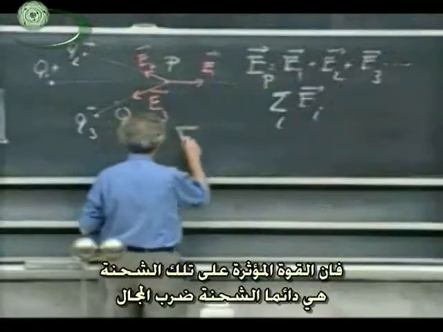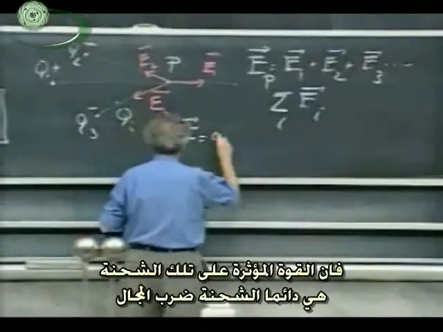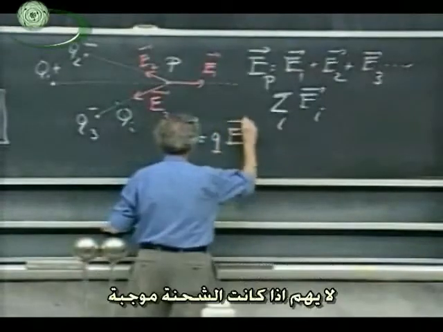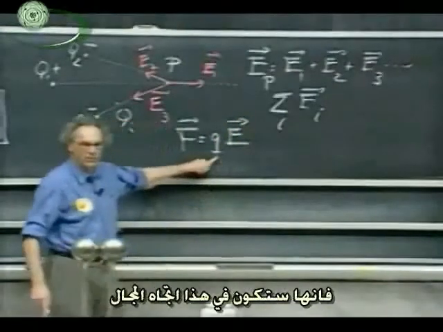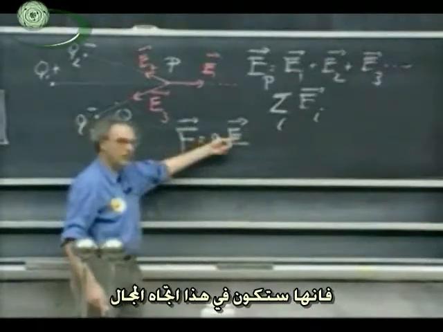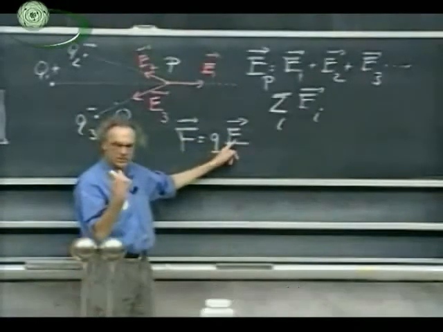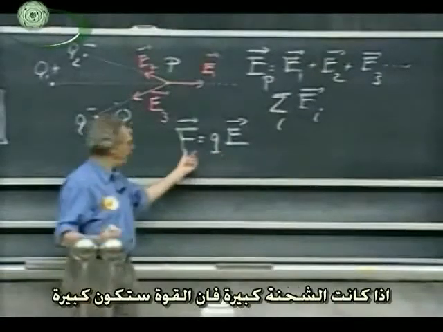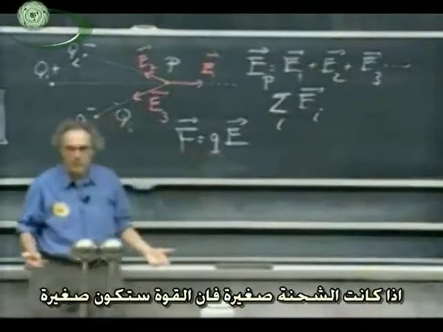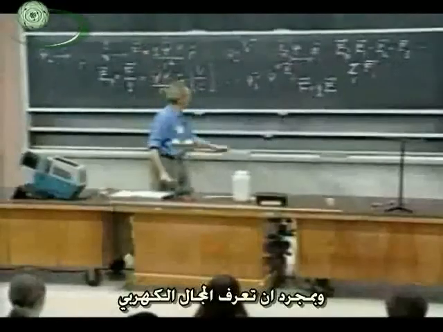Then the force on that charge is always q times E. Doesn't matter whether q is positive, then it will be in the same direction as E. If it is negative, it will be in the opposite direction as E. If q is large, the force will be large. If q is small, the force will be small. So once you know the E field, which could be